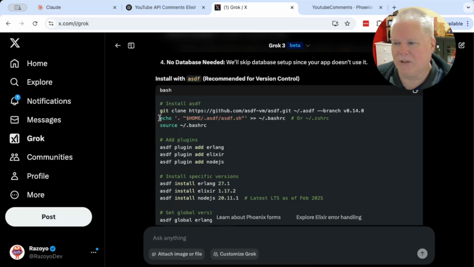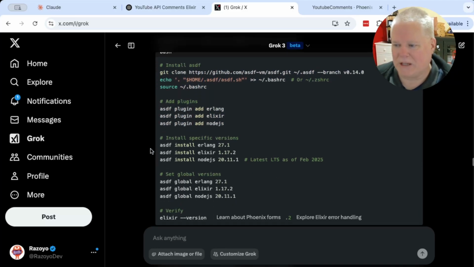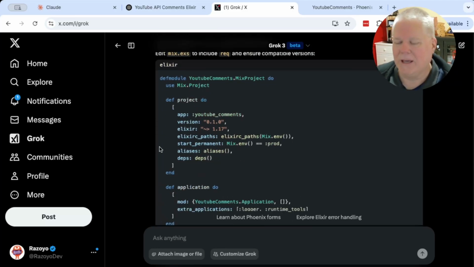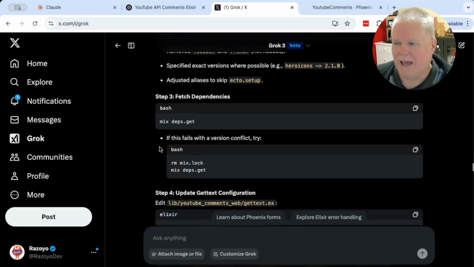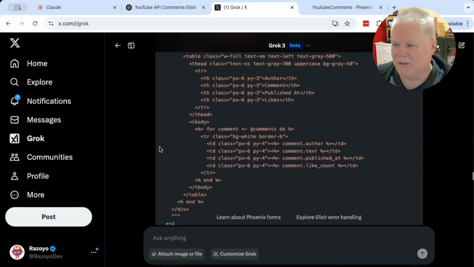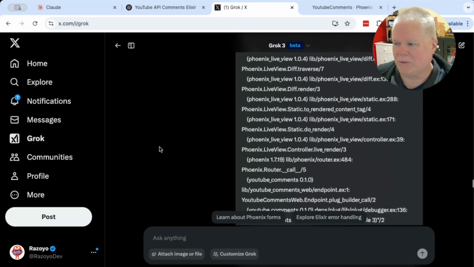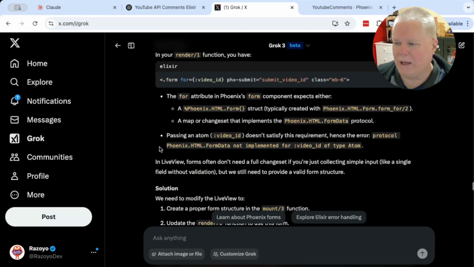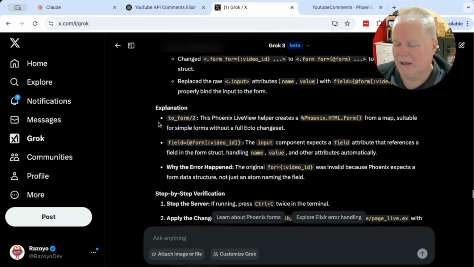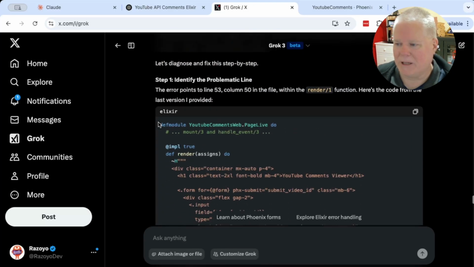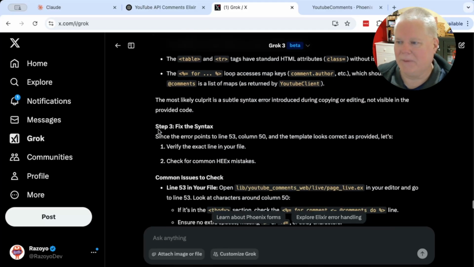And it really goes into, from the very beginning, which versions of which language, which things I should have installed, how to install them, and to make sure I have the proper languages installed, applying the proper version of both Erlang, which is what Elixir is based on, and Elixir itself. And when it got me down to this final version, between its own error troubleshooting and the compiler, it did get me to a working application. And it was the only LLM that got me there.